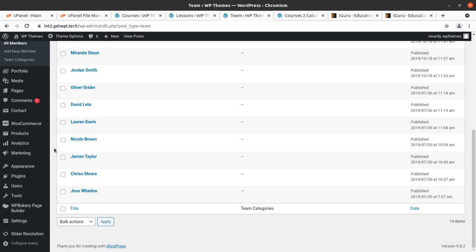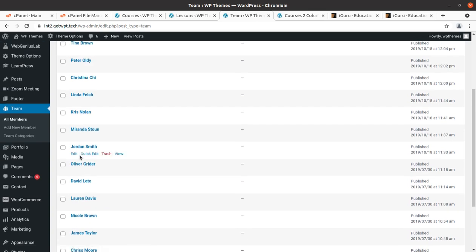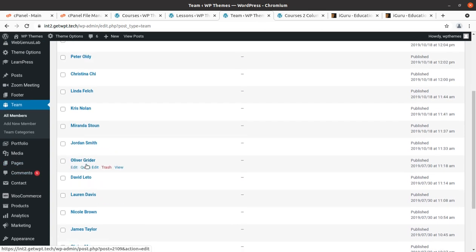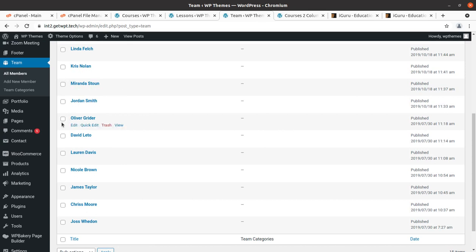Don't keep the external additional data which you are not using. It may create wrong indexing on the search engines, so this is very important. Don't keep any demo data which you are not using. And this is all members, add new members, and team categories.